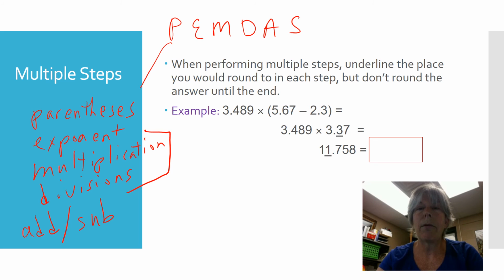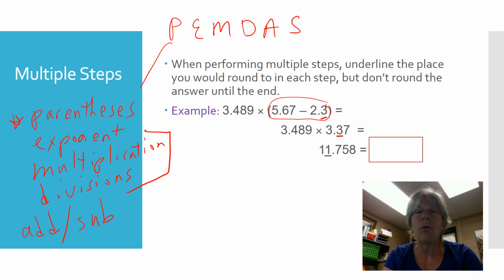So in this problem, we have to do the parentheses first. So we'll do 5.67 minus 2.3. That gives us 3.37. You can plug it into your calculator, try it. Now, that's a subtraction problem, so I should round to the least number of decimal places, which is 1 decimal place. So then I underline the 3 to say, hey, I should have rounded this number to there. I'm not going to round it to there. I'm going to leave the answer full in my calculator, but keep in mind that I should have rounded that to the 10th place because that was the least number of decimal places in this part of the problem.